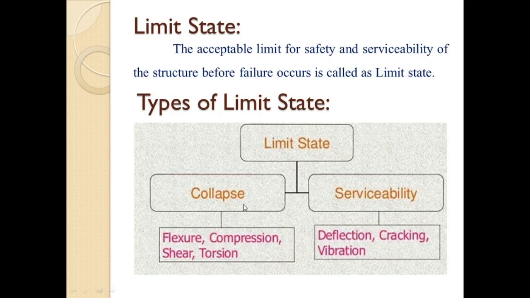The collapse may occur due to the rupture of one or more members, on account of formation of a mechanism, due to elastic or inelastic instability, or from loss of equilibrium. So this collapse may occur. The limit state is taken care of by providing resistance greater than the forces to which it is subjected, and keeping a margin of safety through the safety factors, that is, the partial safety factors.